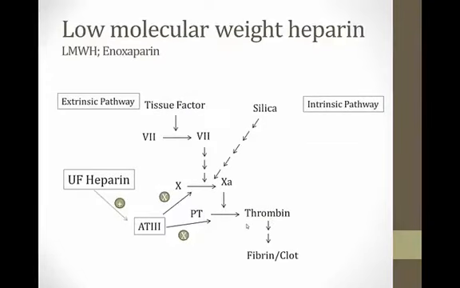Now let's talk about low molecular weight heparin, which is also called enoxaparin. This is a close cousin of unfractionated heparin, but we've distilled the heparin polymers down to just the low molecular weight compounds. This works just like unfractionated heparin on antithrombin 3. However, there's one critical distinction, which is that low molecular weight heparin does not inhibit prothrombin's conversion to thrombin. It works only on factor 10 and 10A right here. That is the main difference in mechanism from